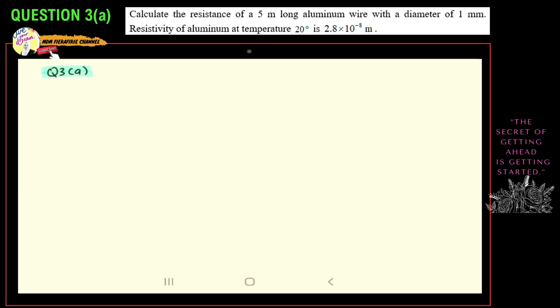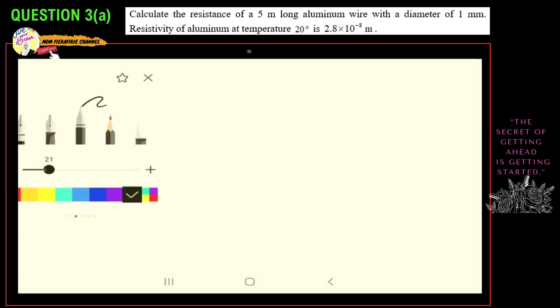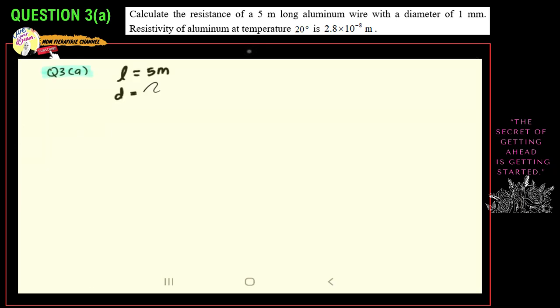Correct the unit, it's actually ohm meter, same as the degree Celsius. Okay, so let's take out all the information given. We have L is equal to 5 meter. Okay, and then we have D. So D is equal to 1